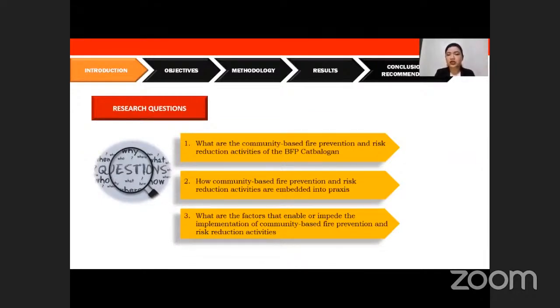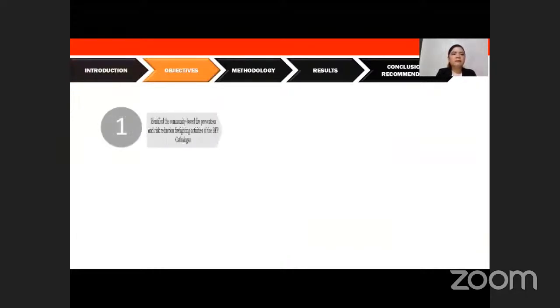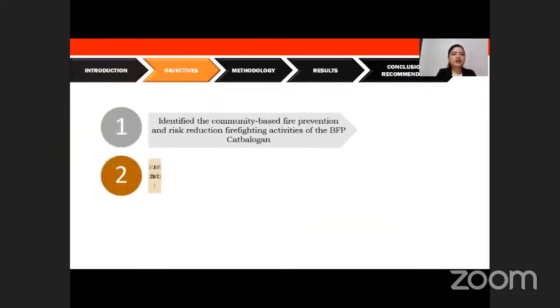The BFP's vision, or the Bureau of Fire Protection's vision, showed that the organization is encouraged to promote and uphold or pursue participatory activities and approaches in fire prevention and risk reduction. However, there is very little information, if any, on how BFP translates into praxis these principles contained within their programs, projects, and activities. Hence, the researcher decided